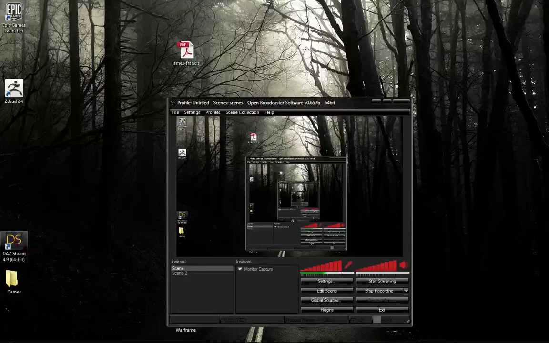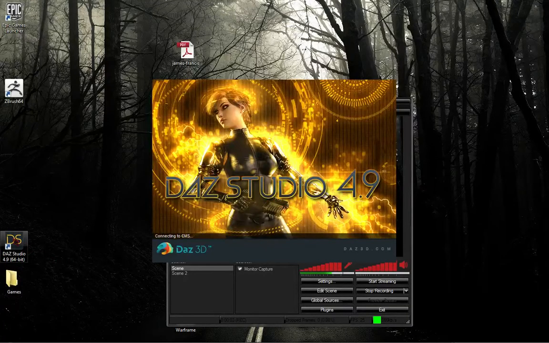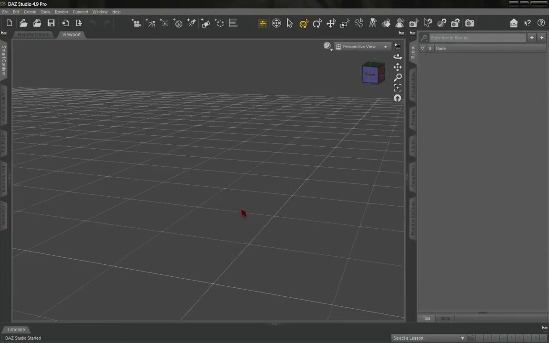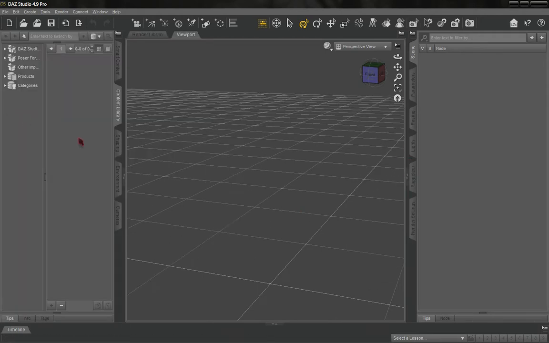Guys, what's up? It's me, James, with some Daz Studio 4.9, showing you that 360 rotation wherever you want, that pivot point. We are doing pivot points, so that way you can do backflips, you can do 360 turns when you're walking. So first things first, load up that Daz Studio